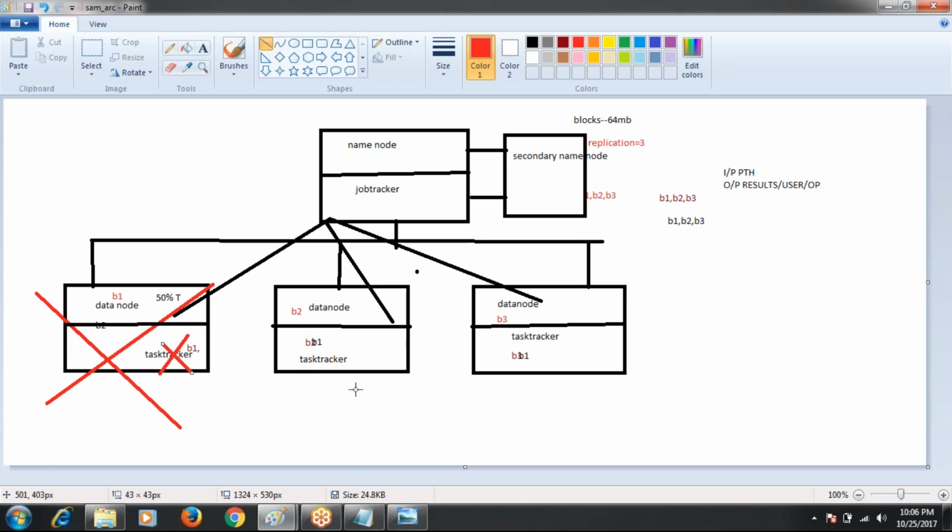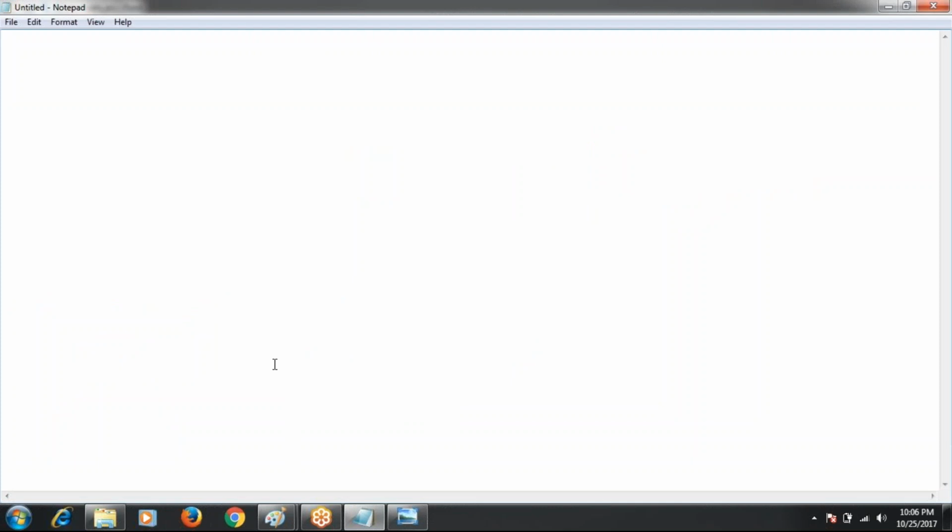So these are the 5 daemons we have: name node, job tracker, secondary name node, data node, task tracker. Each and every daemon has its own port number. Name node is 50070, and job tracker is 50030.